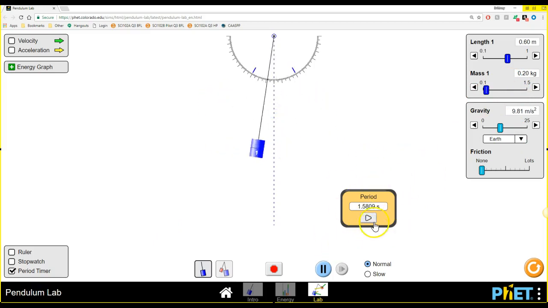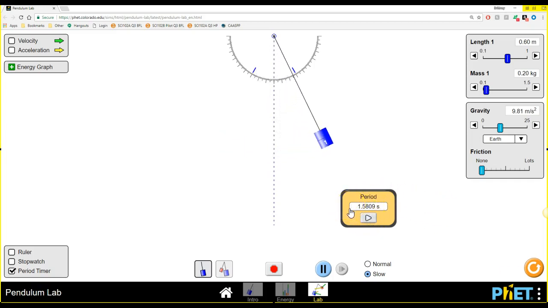How long did that full trip take? Again, I can also show it to you slowly if that helps. Back, and then forward, and then to the center. So this is how long it's taking. Now take a look at this. How long did it take for one period to be completed?